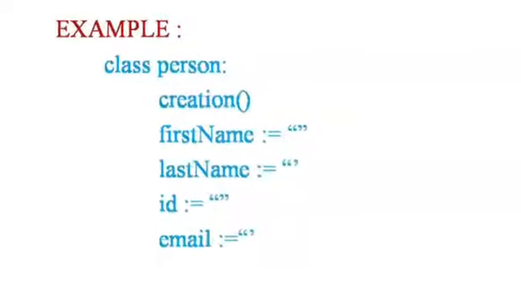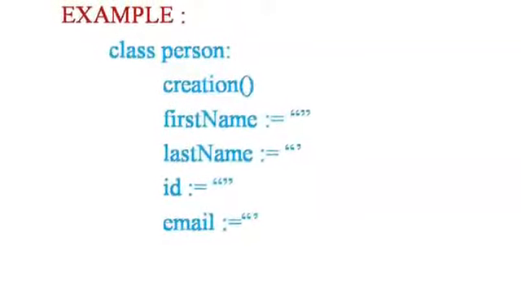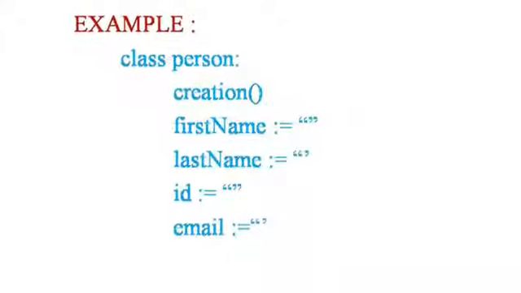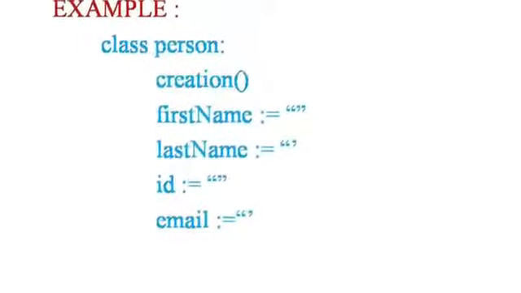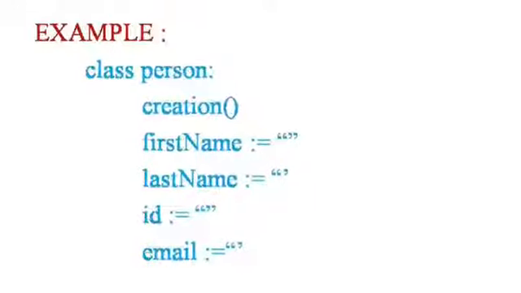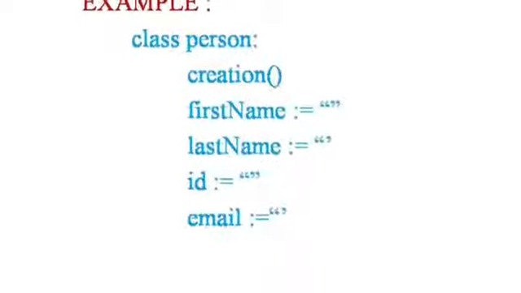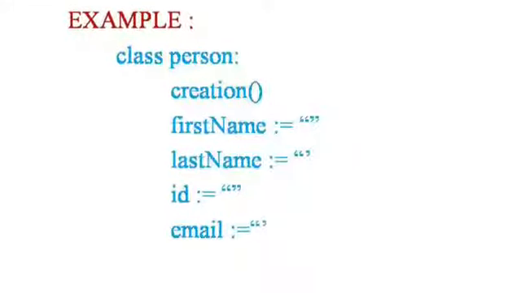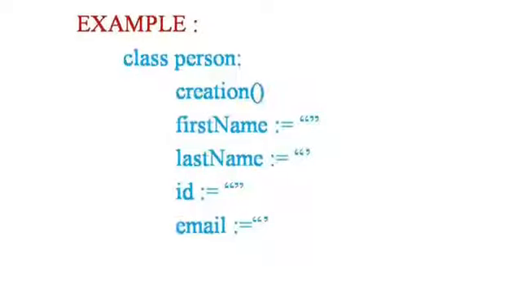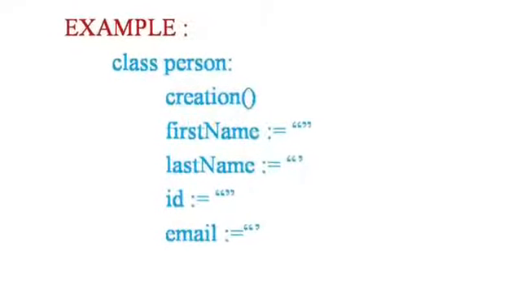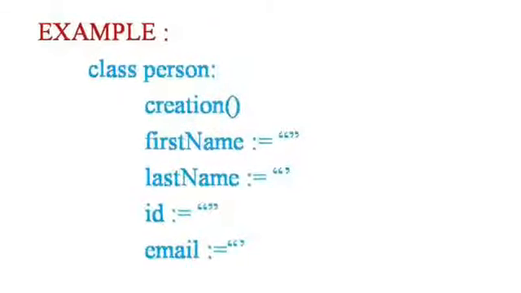Class person is created with different variables. It defines the multipart object of different persons: a person's first name, last name, ID and email ID. If you want to access information from the class, an object has to be created. Different details about a person are collected. What is a multipart object? In each and every column, values with different data types will be entered. So in this class person, we are not entering one person's information, we can enter more than one person's information.